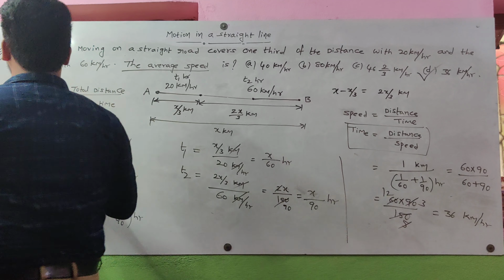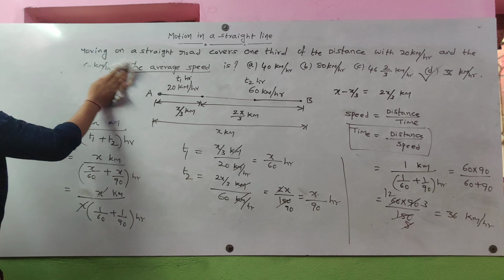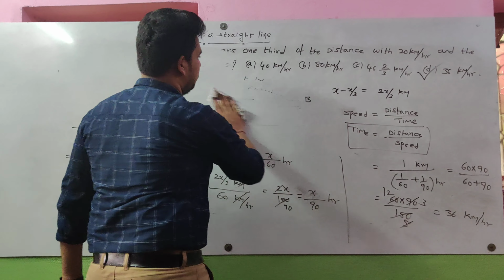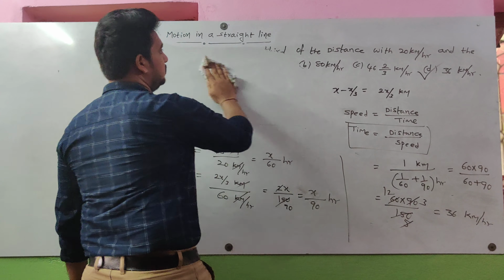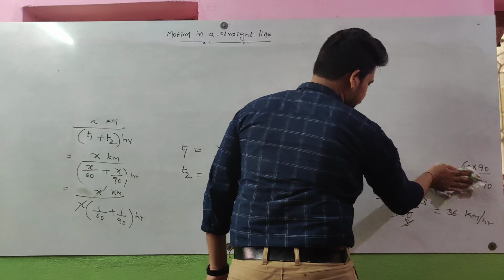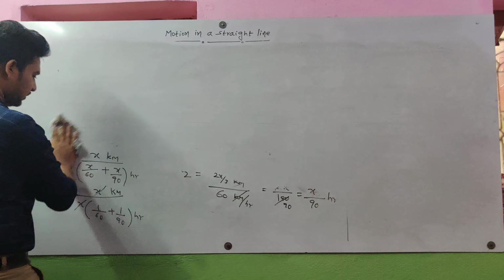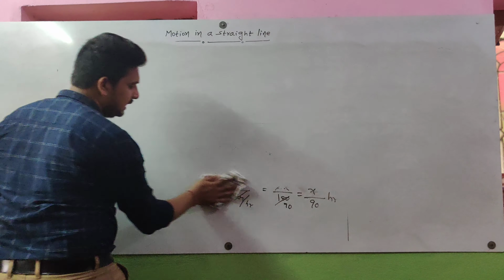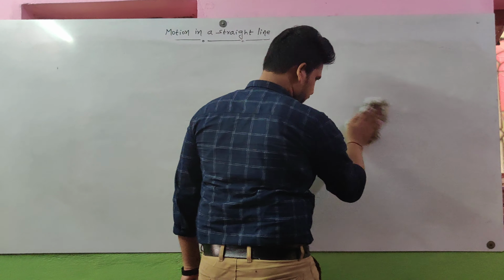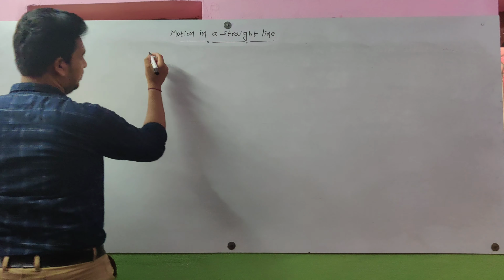A little bit of discussion I will tell here. While doing these average speed and average velocity problems, unit conversion is very important. Sometimes units are given in meters per second. At that time, unit conversion is very important.